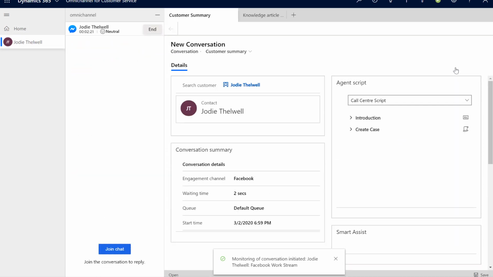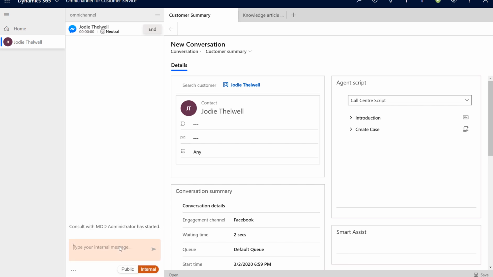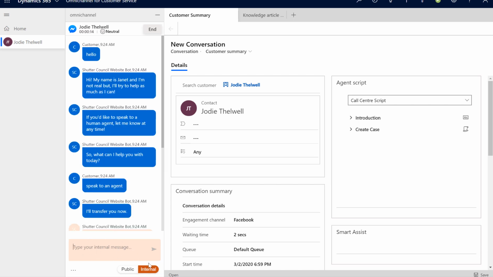So they can click on the monitor button, and then they can join the chat and instantly have an internal discussion with the agent. Now, because it's internal, it will not be visible to the customer, but the supervisor will be able to guide the agent to turn things around, especially if it's a new agent that might actually need support.